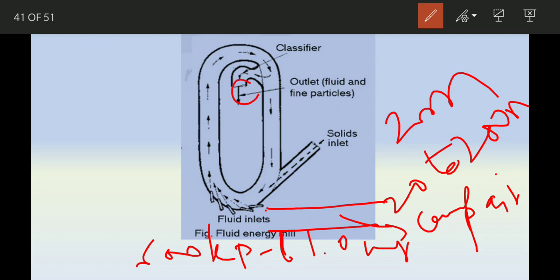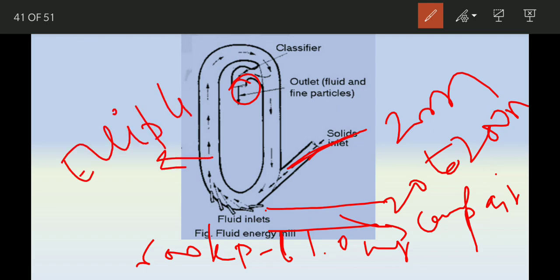So this is the classifier, and here we can give the solid inlet. This is called the elliptical loop.